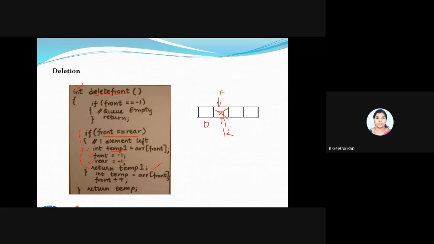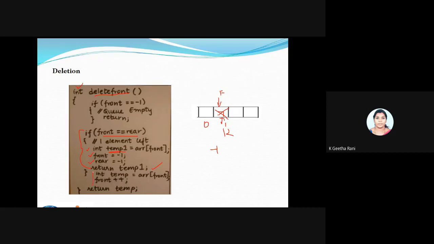So if I have only one element, I'll just move the pointer to -1, so automatically this value will be deleted. But here I'm trying to hold that value using temp1, declaring a variable. The same process is done here.